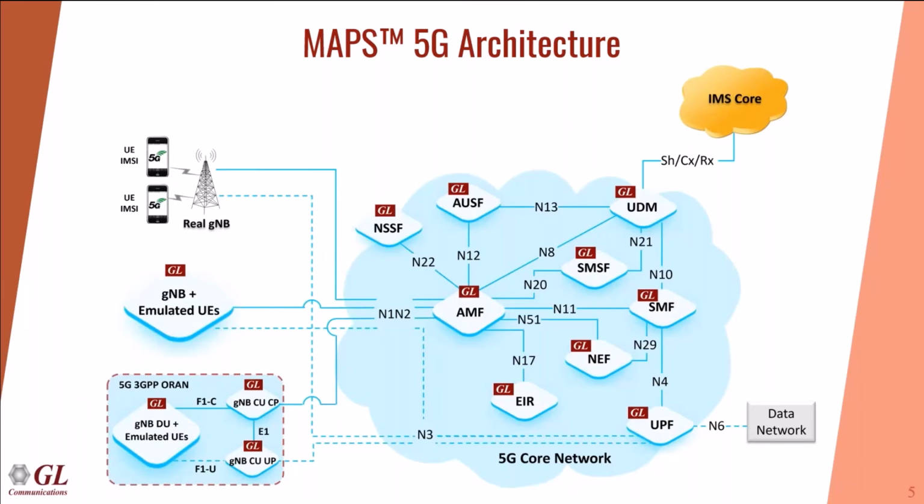Testing is significantly harder compared to LTE, and a lot of testing needs to be done. Here is where GL's MAPS and analysis tools can help. As shown in the figure, MAPS allows you to emulate every major 5G core network function. The concept here is simple. Instead of deploying a full physical 5G core network in a lab, MAPS gives you a virtual, flexible, and script-driven 5G